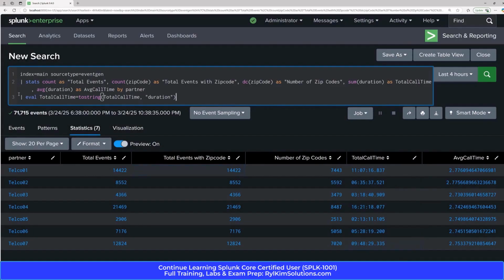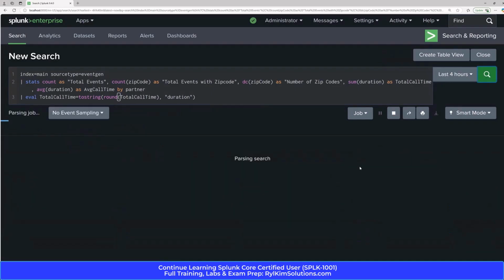So I could go to line 3, use the round function on the total call time. Then I take that and put it here. But I can also do this. I can just come in here and round this first. So it means that it's going to round the total call time to an integer before it uses the toString function. I keep saying round down. It's going to round it to the nearest integer, sorry. And then it's going to use the toString function on it. So if I run this now,